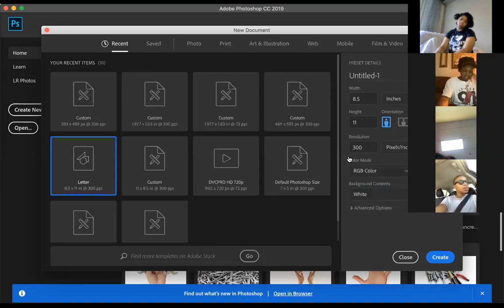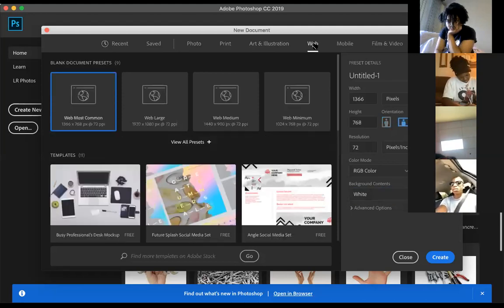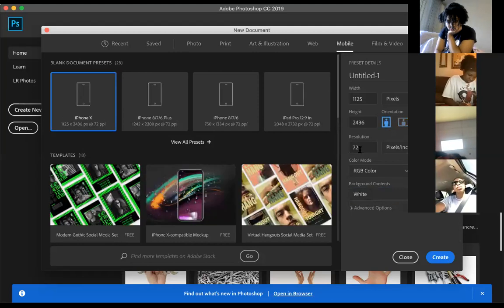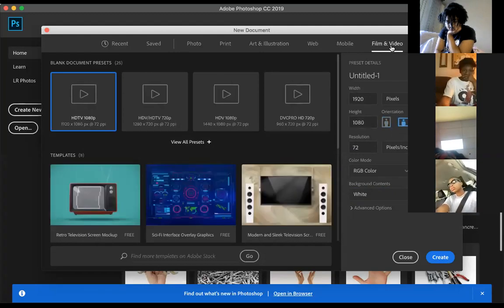All right, so let's say we're cool with this. Up here you can choose what your document is for. Are you going to make it for the web? Then it will automatically change it to 72 for you. Is it for mobile, maybe a mobile app? That also changes it to 72, and changes your height and width from inches to pixels, because on the web you're working in pixels. If it's for film and television, it will also make it 72. I don't like doing film at 72. I like a higher resolution.